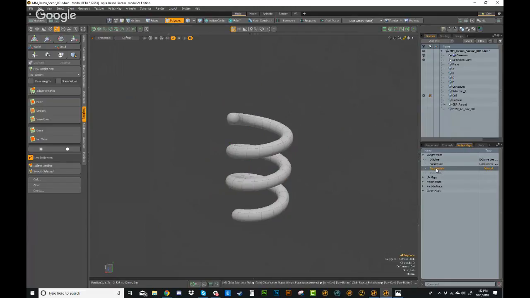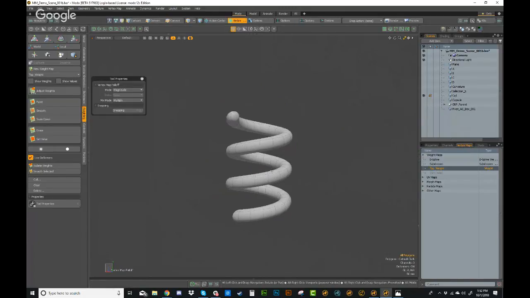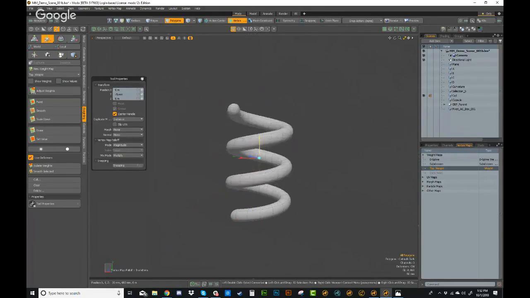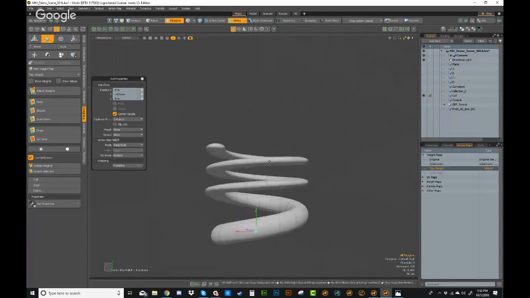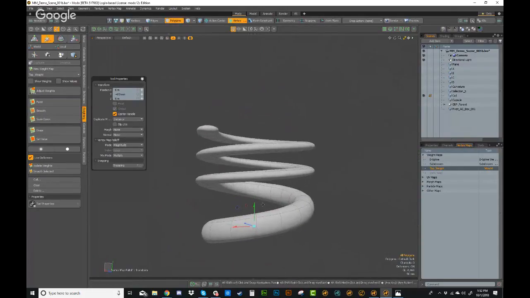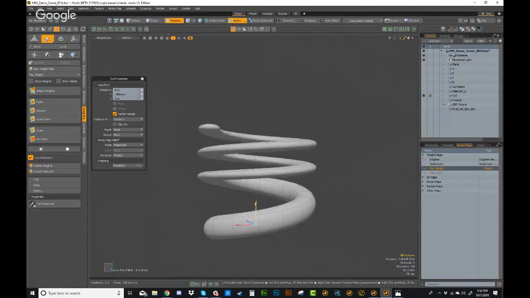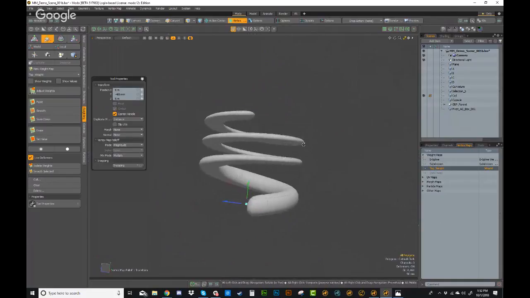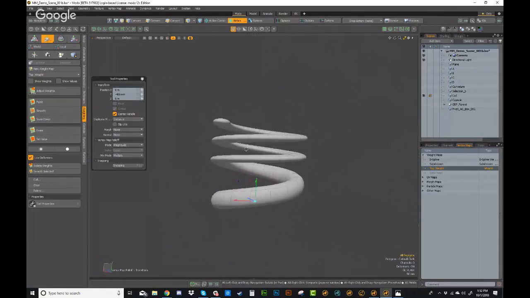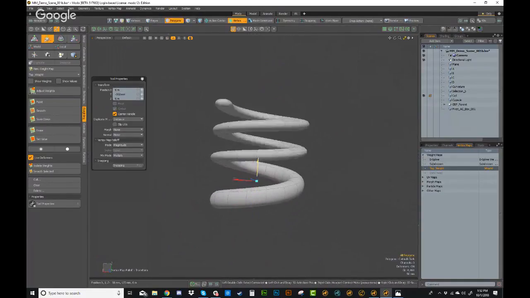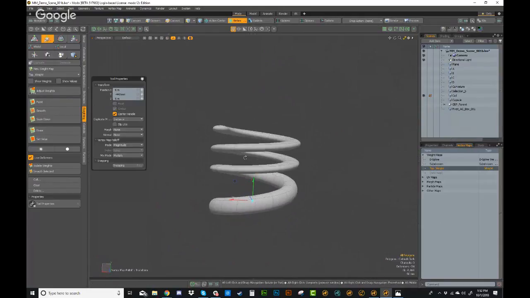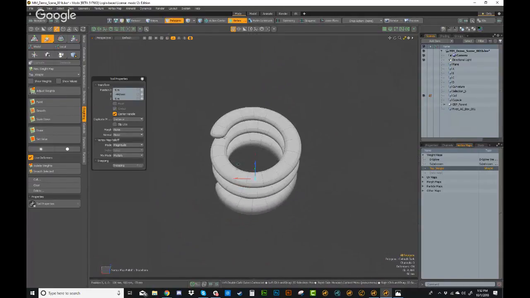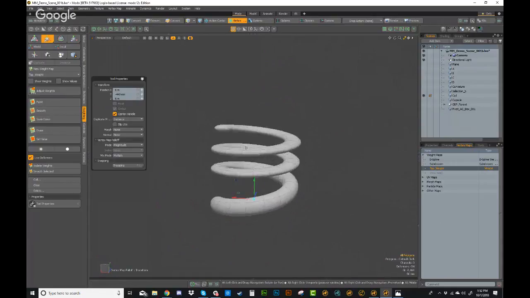And with this top weight map selected, I'll come over to fall off and I'll choose vertex map. And I'll press W for move. So now it's kind of doing what we want, but we're losing volume. So it's not maintaining the volume. And that's because that linear fall off that we used is just weighting everything too evenly. And we want this to be more topological. We want the weighting to decrease along the length of the coil rather than the height of the